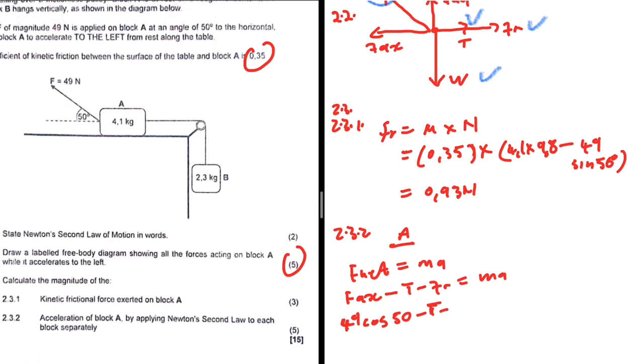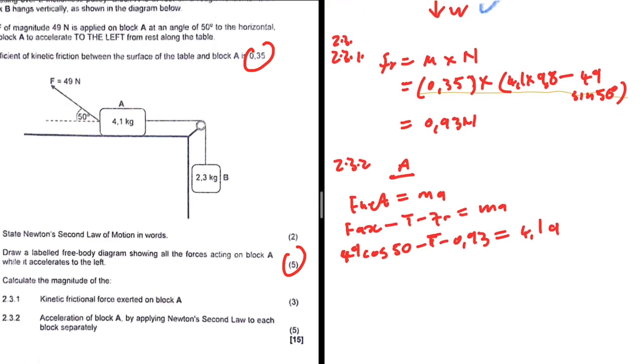Minus the frictional force. The frictional force is 0.93. This is equal to ma, so 4.1 is the mass, and the acceleration is also unknown. Okay, I guess we can solve these and move to object B. So let's do that: 49 cos 50 minus 0.93. Am I doing that in the correct order? I think I am. So we get